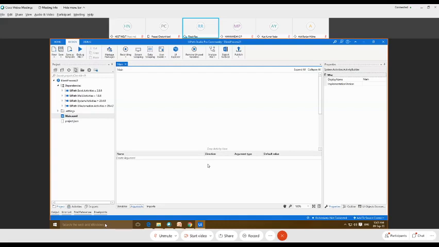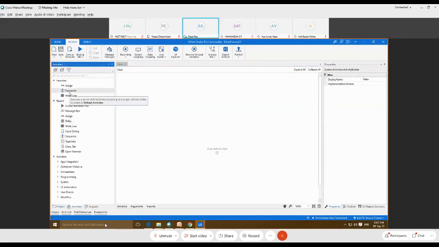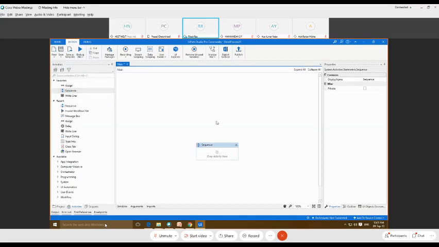We'll see one example and try to pass the data from one workflow to another. I'm going to create a workflow that is of sequence type. You can see here, this is our sequence. In this particular example, I'm going to demonstrate the passing of data.